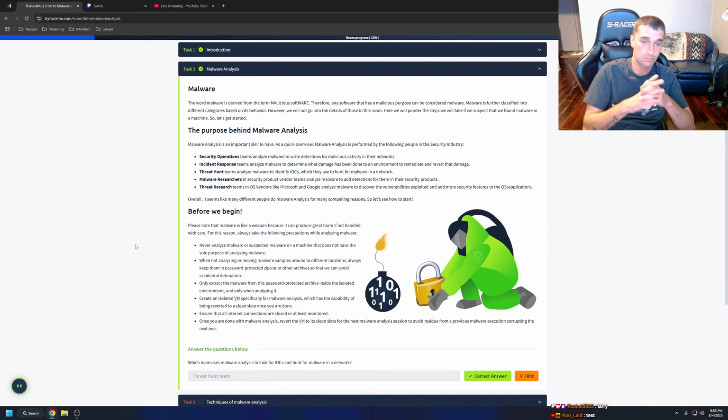Malware researchers in security product vendor teams analyze malware to add detections for them in their security products. Threat research teams in OS vendors like Microsoft,